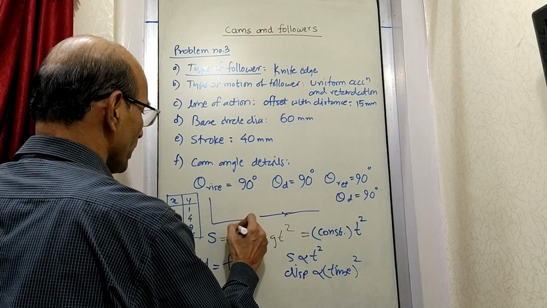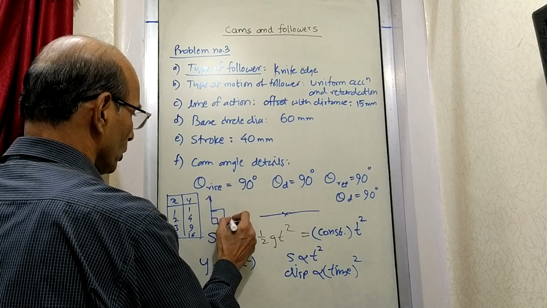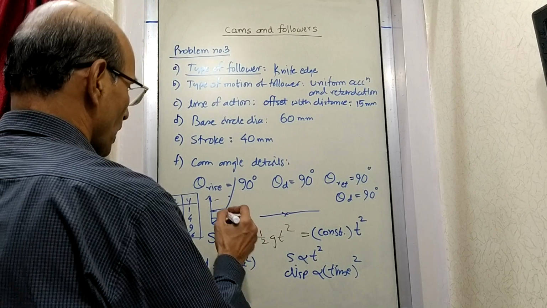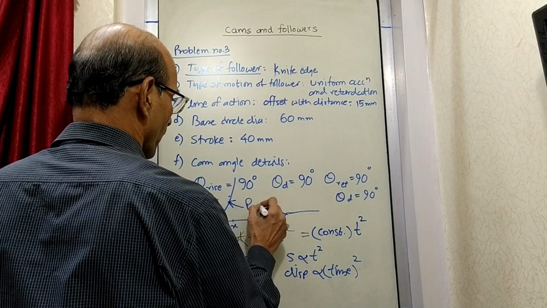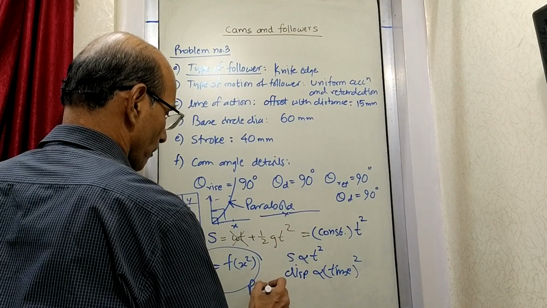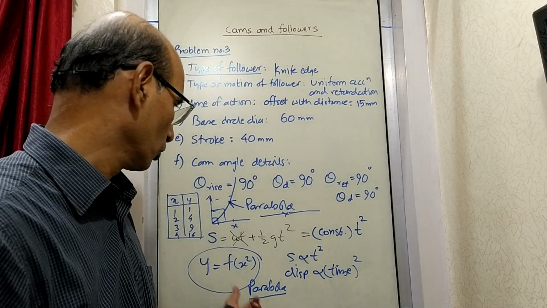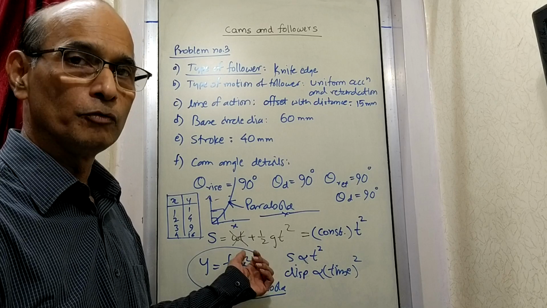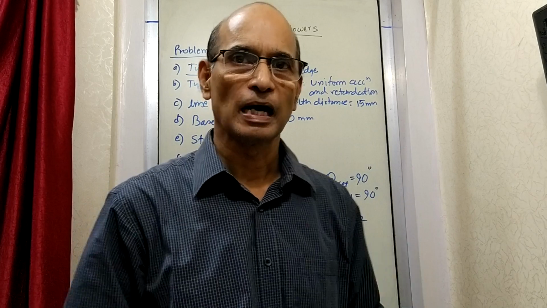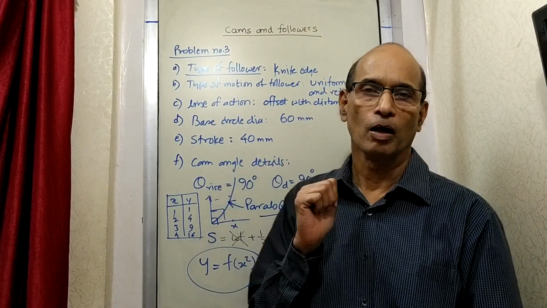And then you plot x here and y here. And that curve, suppose you draw 1, 1, 2, 4, 3, 9, so that curve will come like this. And this is a parabolic curve. So this is a parabola. Also you must be knowing that the equation of parabola is y is equal to x square. Which means that for a constant acceleration case, the displacement versus time curve which you are going to draw will be of the shape of a parabola.